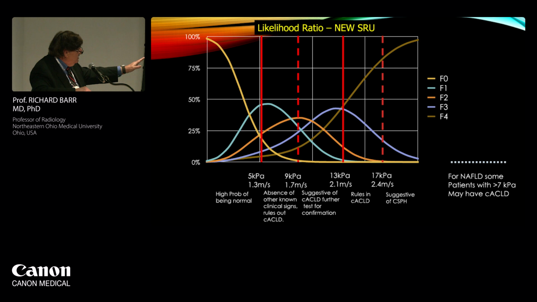And if you look at this table, you'll notice between 5 and 9, the vast majority of those people have what we were calling F1 and F2 disease, mild or moderate fibrosis. But when we get above 9 kPa, notice that we are now getting a lot more people that have severe fibrosis or cirrhosis. So again, you have to take not only this information, but all their other clinical information, put them together to decide where the patient's at.